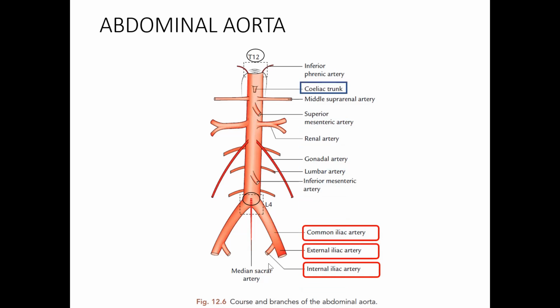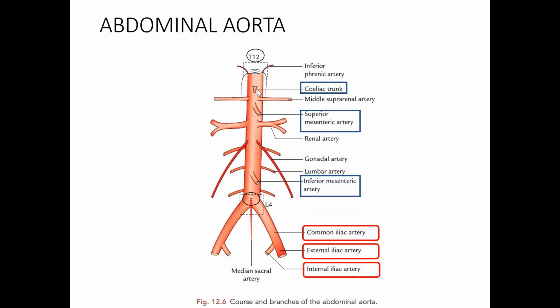So the first artery, what you see here, is the celiac trunk. This celiac trunk is an artery which emerges from the level of the upper border of the L1 vertebra. Okay. You can make out the celiac trunk which is present here. This celiac trunk is called the artery of the foregut. Okay, so it is one of the main arteries which supplies the foregut. The next artery is the superior mesenteric artery. This arises from the lower border of the L1 vertebra, and the superior mesenteric artery is also called the artery of the midgut. Okay, so the superior mesenteric artery is again an unpaired branch of your abdominal aorta.